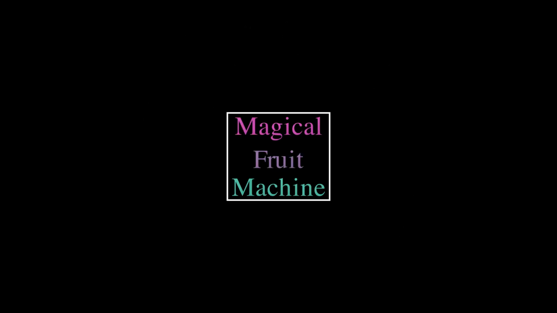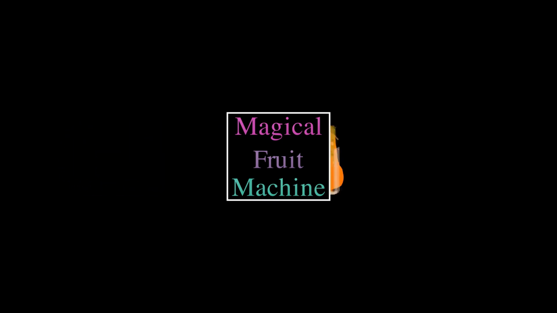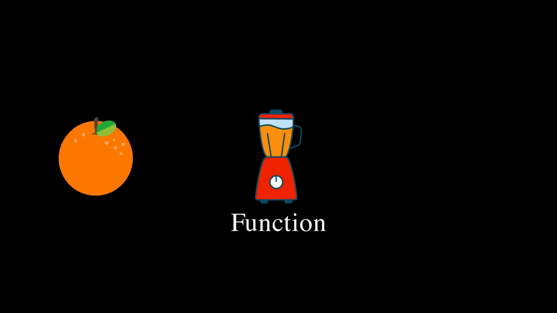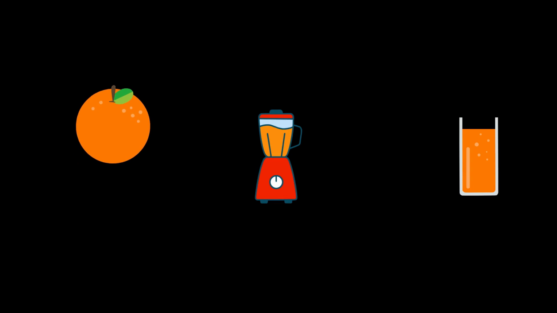Confused? Let's try an analogy. Imagine a magical fruit machine that will turn any fruit you insert into a fruit juice. If you insert an orange, you will get orange juice. If you insert a watermelon, you will obtain watermelon juice. Although some non-mathematicians will call such a machine a blender, the magical fruit machine behaves similar to how mathematical functions would. The magical fruit machine represents a function where the fruit is an object and its corresponding juice is an image or the result of the objects being inserted into the function.